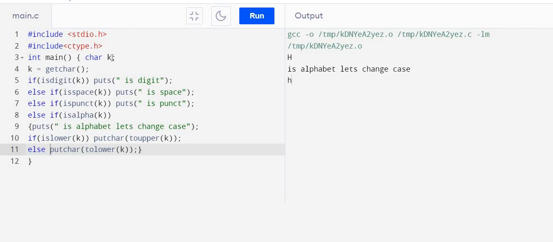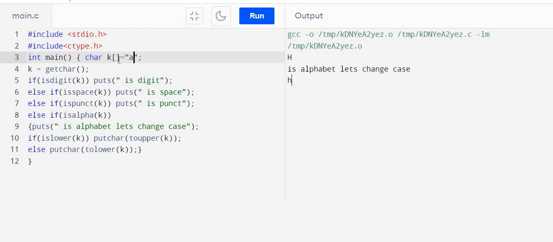Now let's define an array of characters. An array of characters, as I told you, is given in double quotes. So let's give some message here, and in that message, find out what is the status of all the characters. So I give anything.